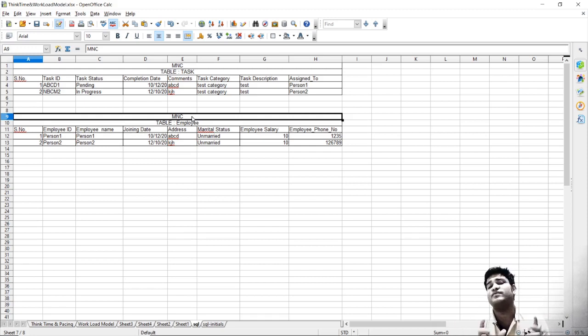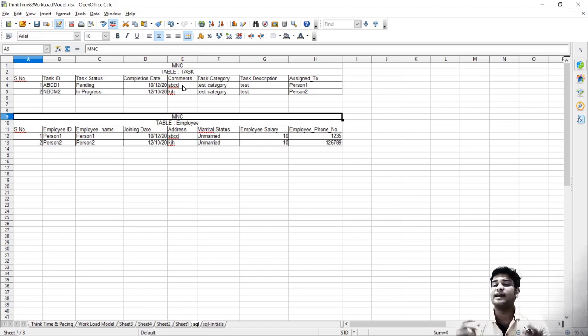Both of these two departments will not be linked with each other. Maybe they can be linked, but it is very infrequent that two departments' data is tied up very strongly. They are always loosely coupled. So when we say that these employee table and task table are required to be built for the IT department and for the manufacturing department, this is what we call a database.